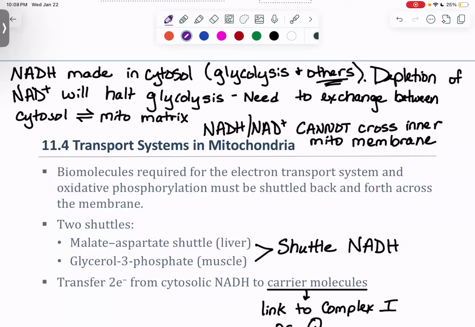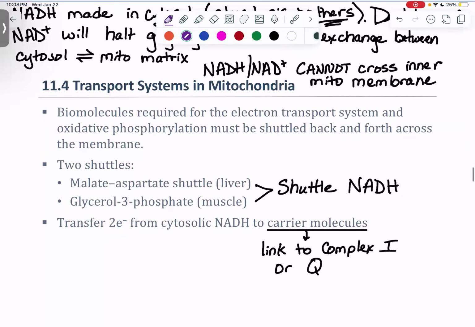So we really need to worry about exchange between the cytosol and the mitochondrial matrix. What has to happen? Well, it can't just diffuse. NADH, NAD+ can't cross over. Protons can't cross over. So they're not going to cross over by themselves. So we have to talk about transport systems that are going to allow us to move NADH, NAD+ around. So when we talk about this, right,